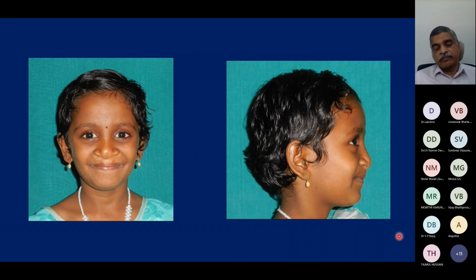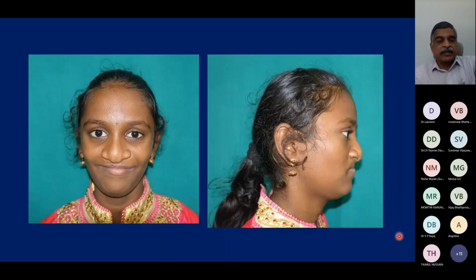But growth is a big factor which will show in your results and may spoil your entire result. So the child keeps growing, and now she is almost around 15, 16. That's the way the child presents. The lip still seems to be okay anteriorly, but on the other hand, due to both the growth deficiency and the premaxillary setback, what has happened is a tight upper lip. She will require some sort of advancement and later, if needed, some sort of augmentation of the lip